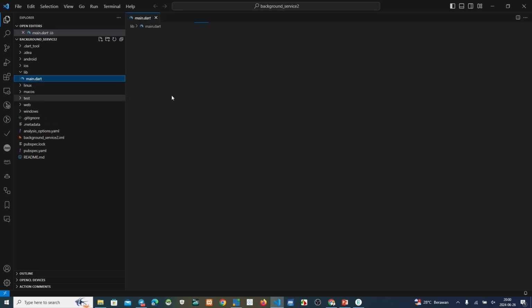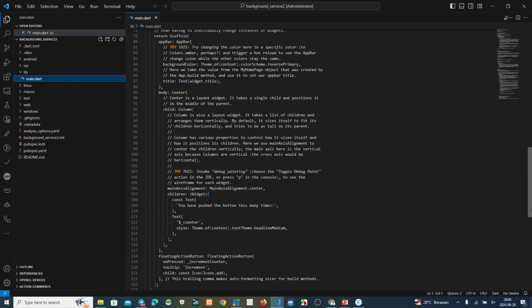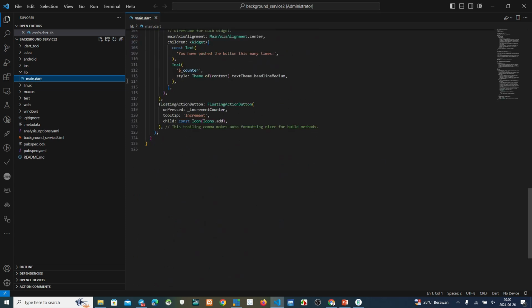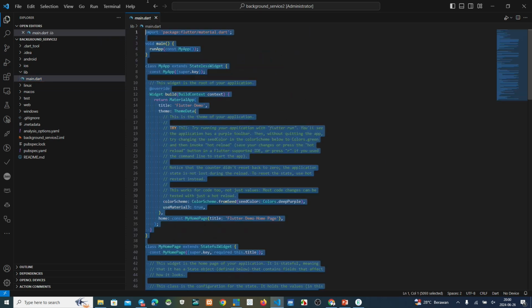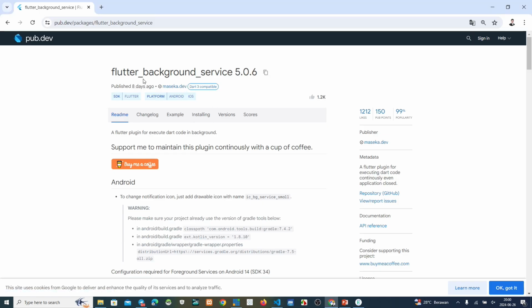We don't need this one because this is a new project from Flutter. We don't need this, we delete it, we erase it. Too slow. Delete.